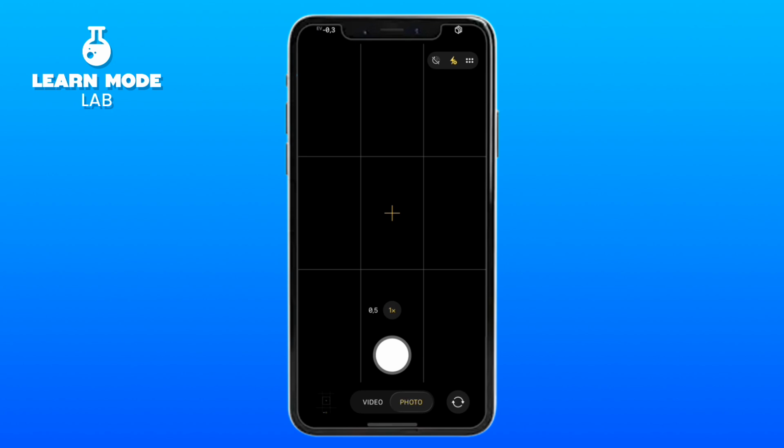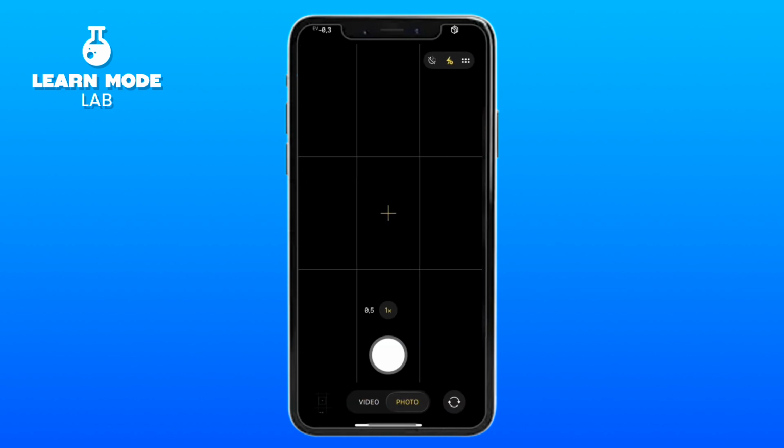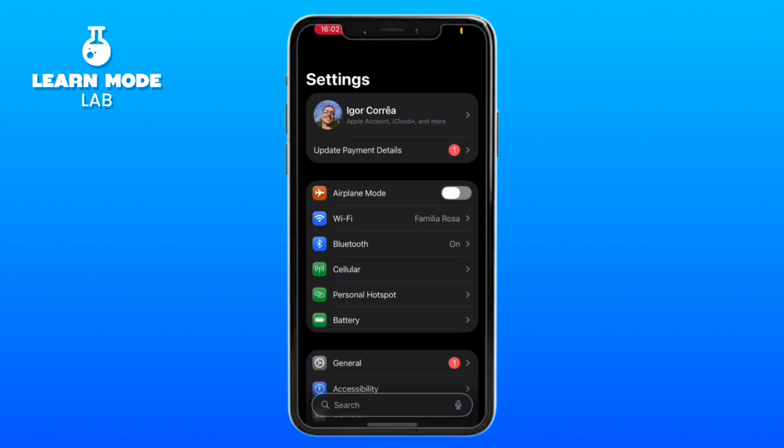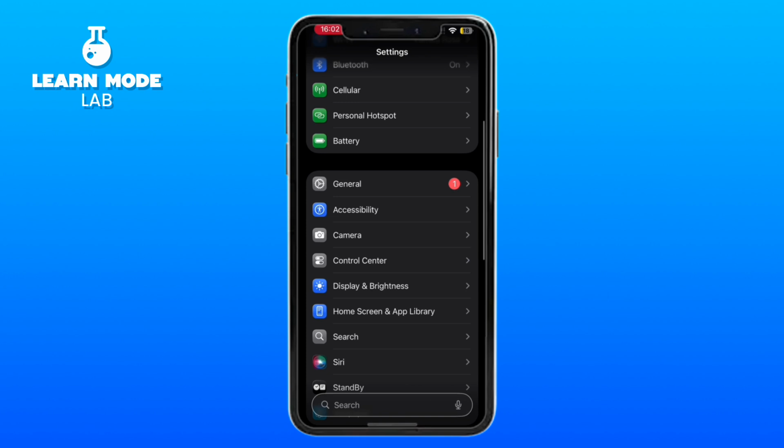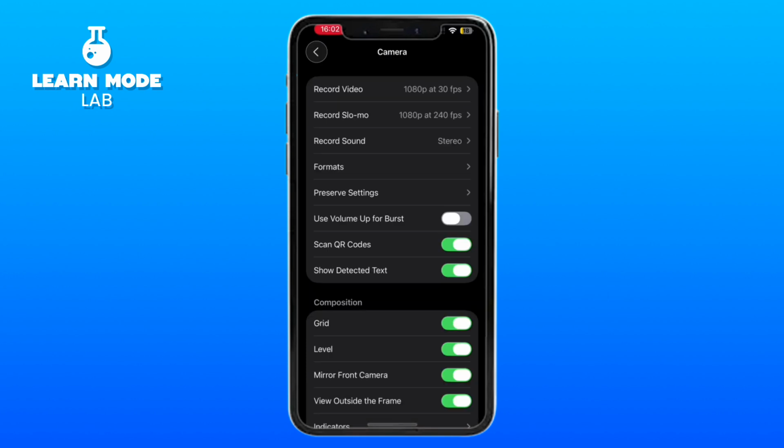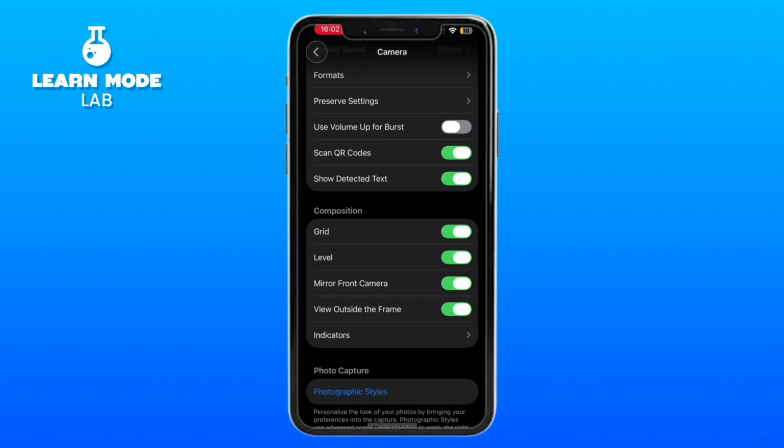Okay, so first of all, open your Settings app on your device and now scroll down until you find Camera. Tap it, and inside of this Camera settings, scroll down and now you're going to see this Grid option right here. So toggle it on